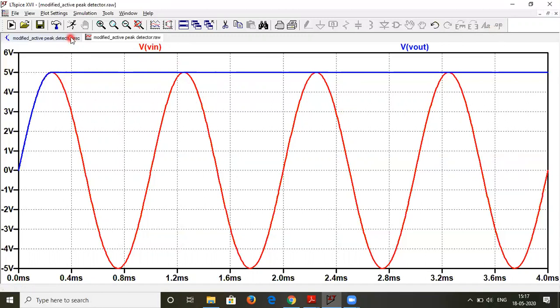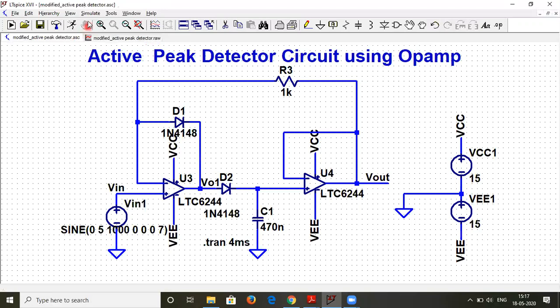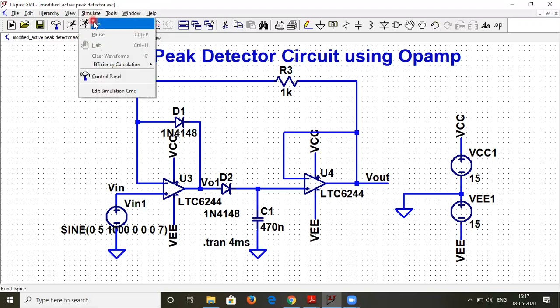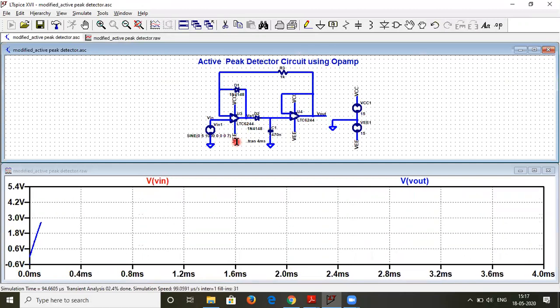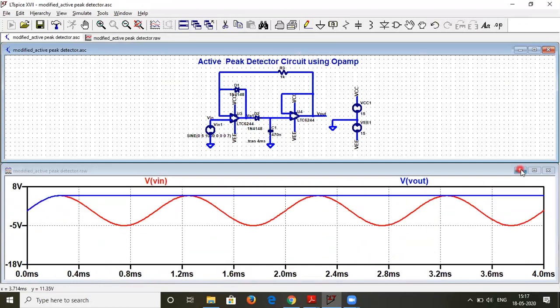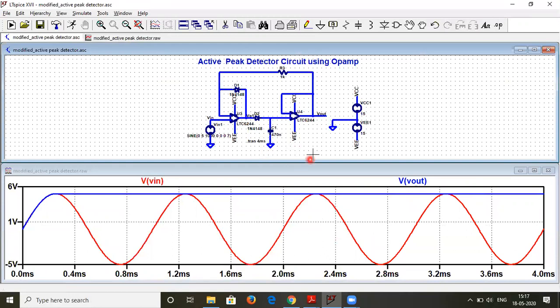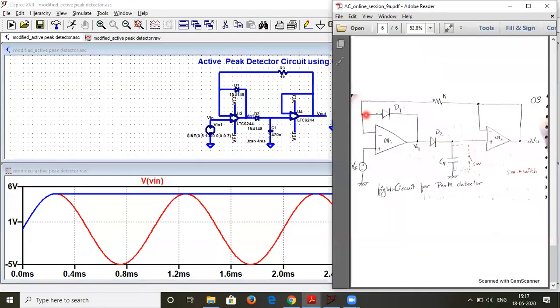Okay, so we have successfully delivered our outcome, that is building various peak detector circuits. So these are the waveforms which we have simulated. The last circuit was the active peak detector, which we have referred from this diagram over here.